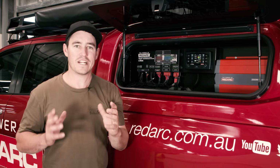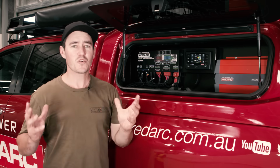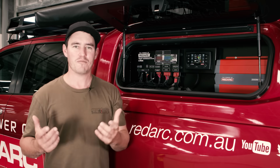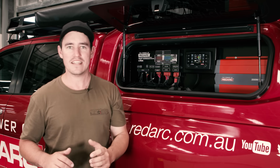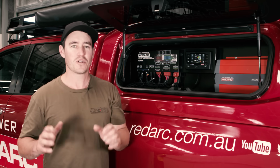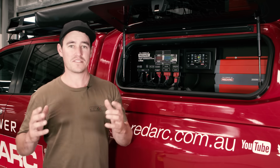I really think this is REDARC innovation at its absolute best. It's so good to see an Aussie company leading the charge when it comes to everything 12 volt. Now I've been using these products for well over 10 years in all my four-wheel drives in all the different terrains around Australia. And I've always thought, what is the technology that goes behind the scenes to make those products